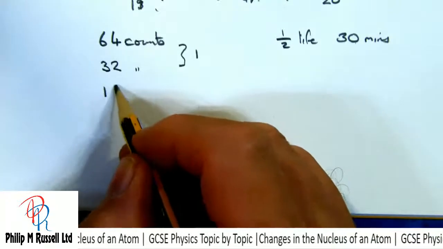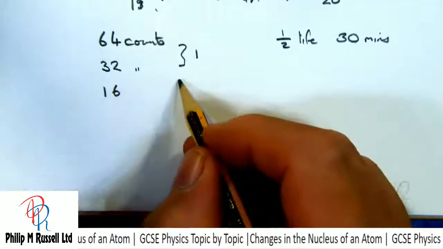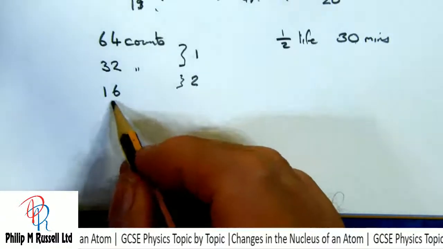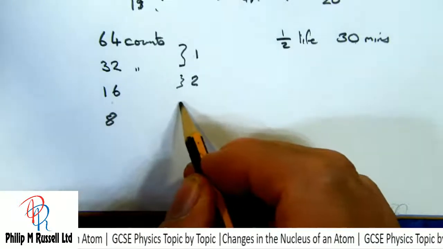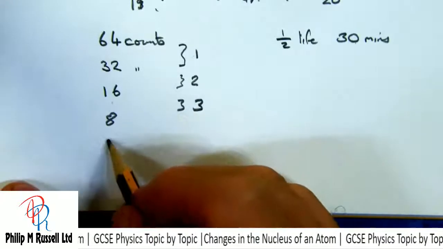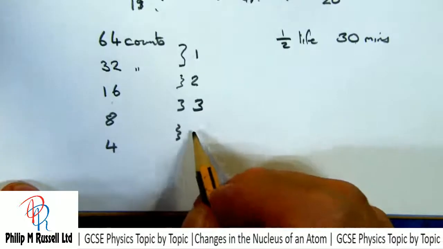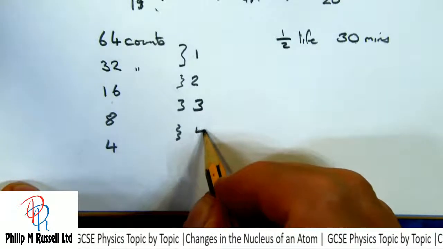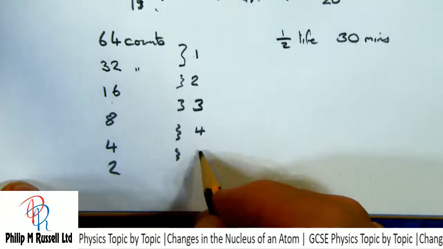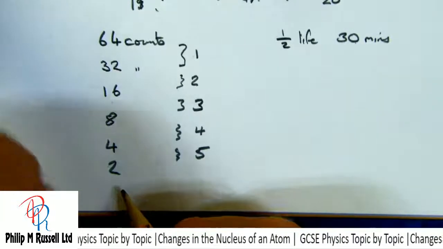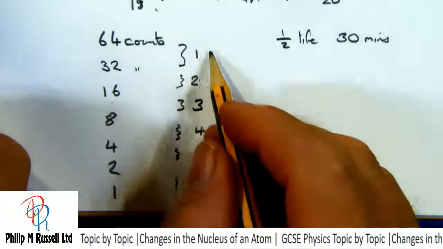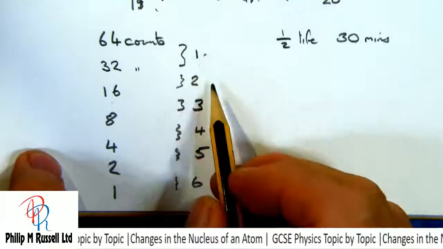By the time it's dropped to 16, half of that 32, we've gone through 2 half-lives. By the time it's dropped down to 8, we've gone down here 3 half-lives. By the time it's dropped to 4, then we've got 4 half-lives, down to 2, 5 half-lives, 1, 6 half-lives. So 30 minutes, 1 hour,